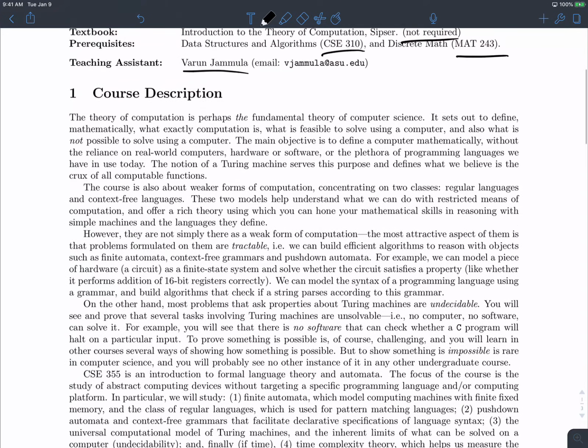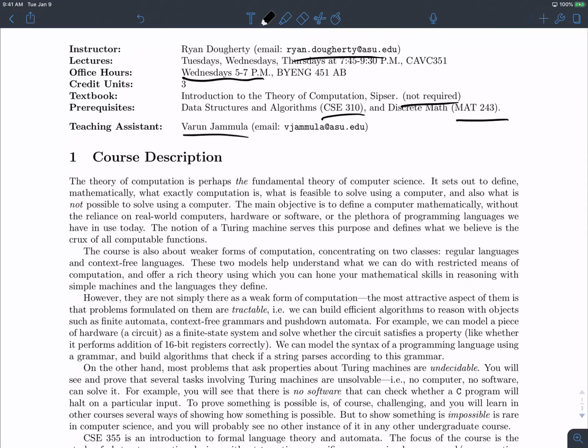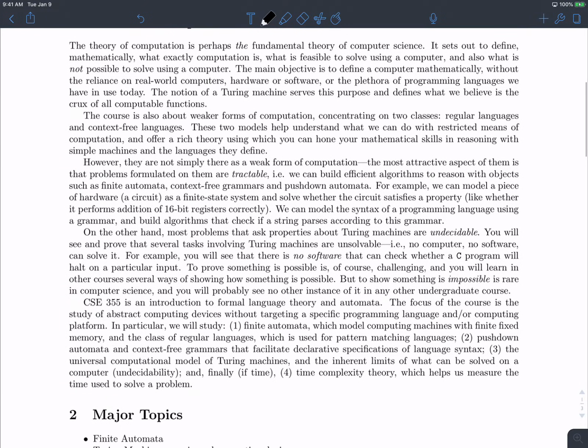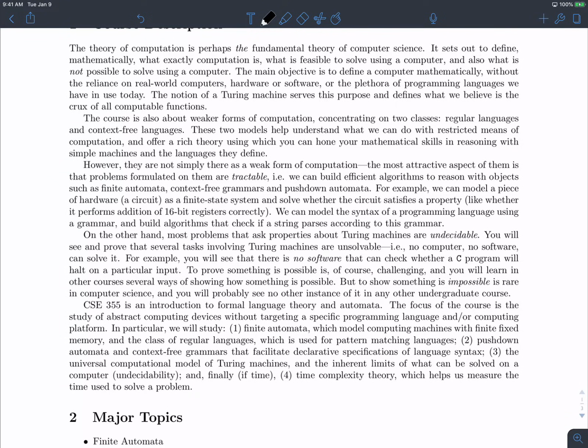And what's even more amazing is that just using a basic tool from 243, we can prove that right now. So how many of you have seen the proof that there are more real numbers than natural numbers? You see why I'm saying go to chapter 0? Because that is something that we'll be using, okay? So there are more real numbers than natural numbers. And a natural consequence of that is that there are some problems that are unsolvable by computers, which is pretty amazing.